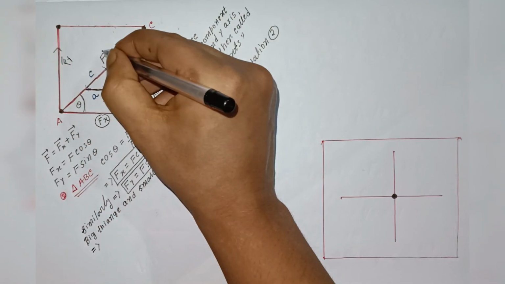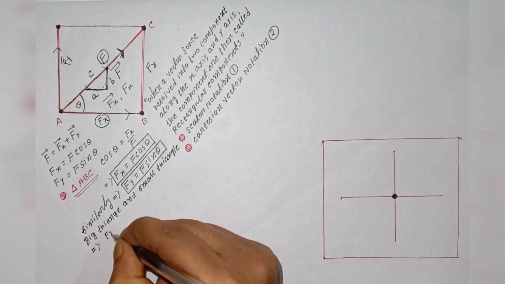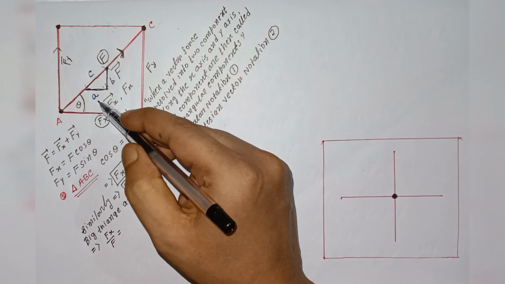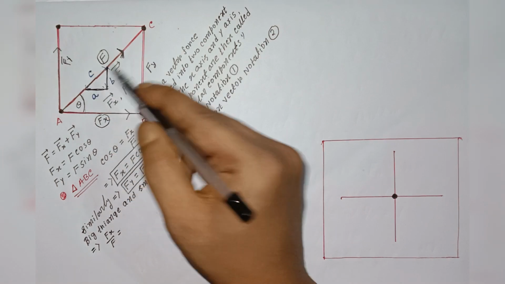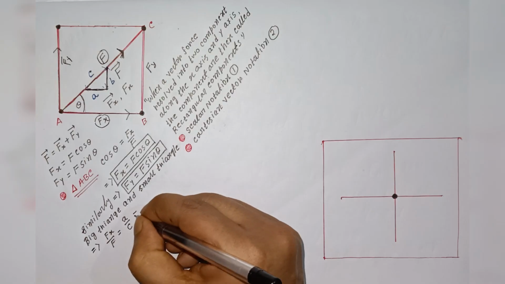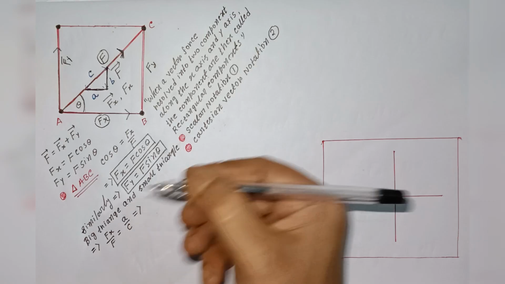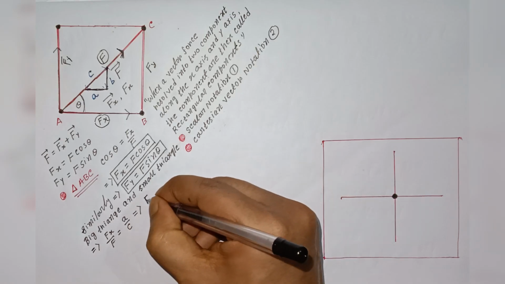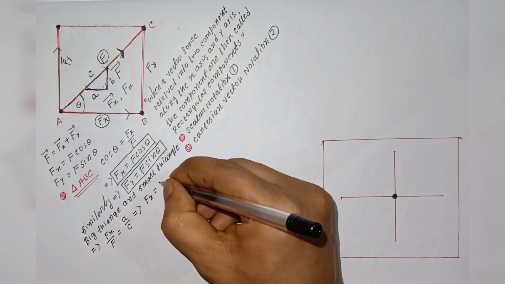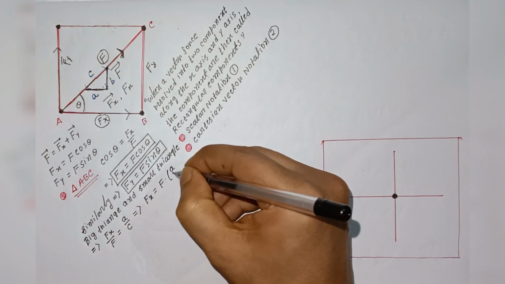We can write, for the big triangle, hypotenuse, that is F, divided by base, that is Fx, is equal to, in the small triangle, comparing the side base by hypotenuse, that is a and hypotenuse c. That means Fx by F equals a by c. That is, Fx equals F, which becomes right side in multiplication. So Fx equals F into a by c. I think you will understand.